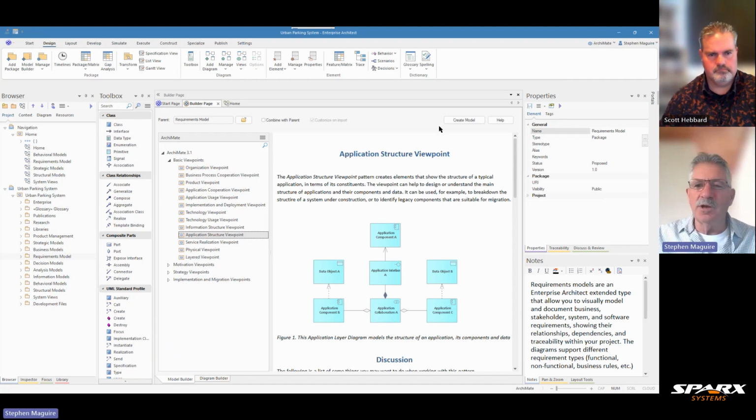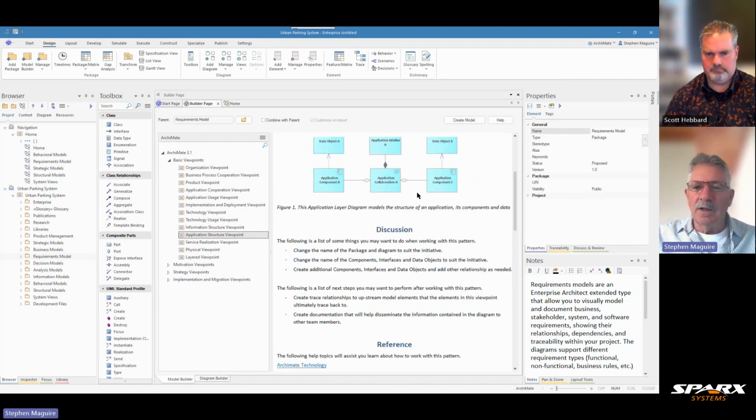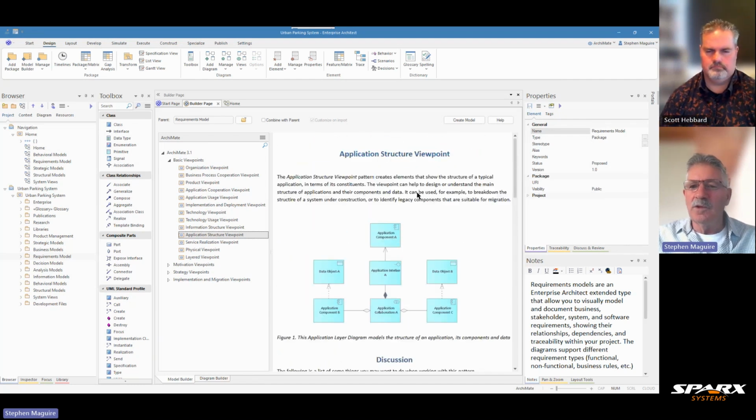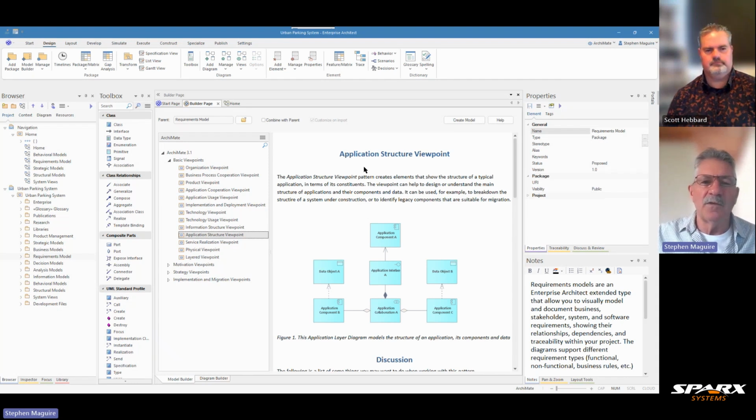There is a pattern which you can inject into your model, and documentation that describes the pattern and how you can use it, including references and tools that you can use to work with the pattern. I'm not going to inject that in, Scott, but I encourage people to return to this page and get the productivity gains from using these patterns. But I want to do things from first principles, so I'm going to close that builder page.